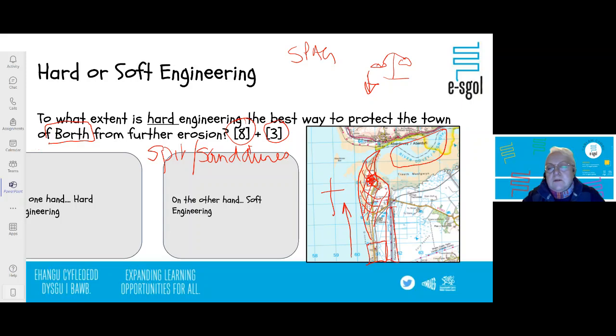It's a place of, in some ways, a sanctuary for humans and animals. So, hard engineering. If we think about hard engineering, we think about groins, we think about seawalls, we think about gabions, and we think about riprap. So those are the four things that we might consider: groins,